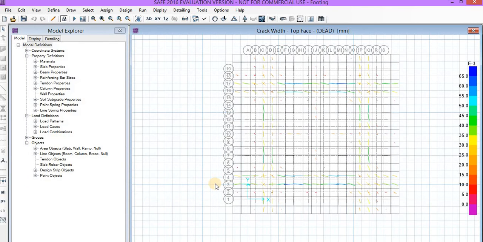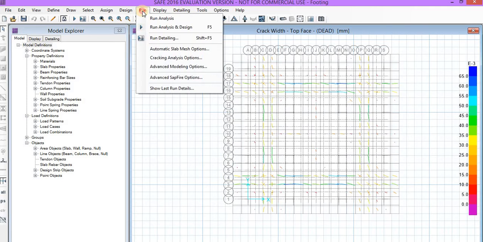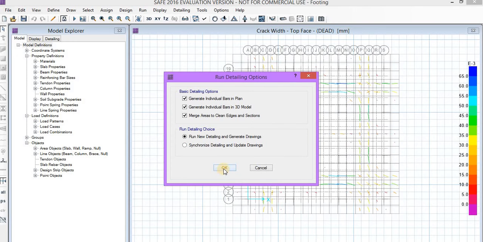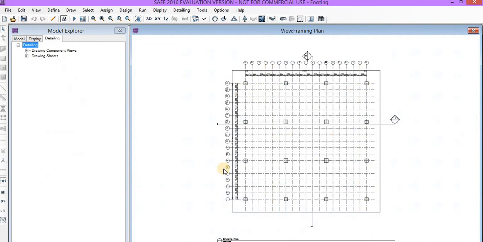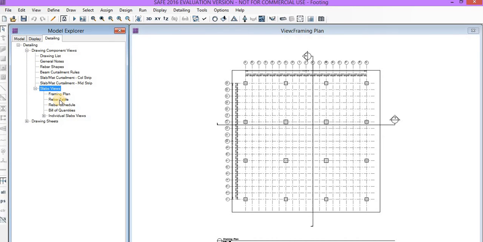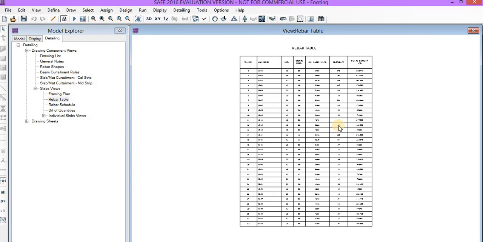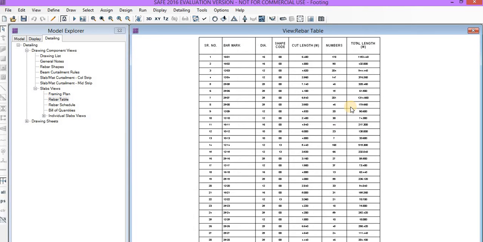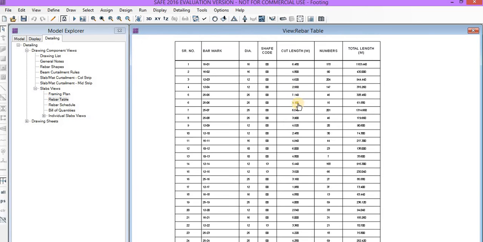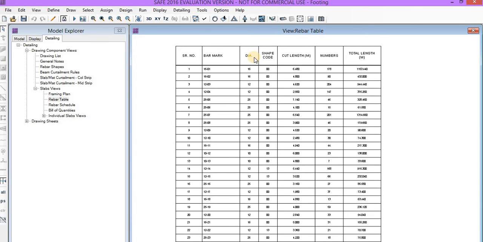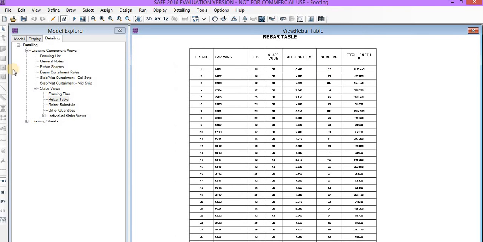And now you can generate the detailing. Go to run and run detailing. You can see the rebar table here, which has the value of diameter, curtailment, total length.